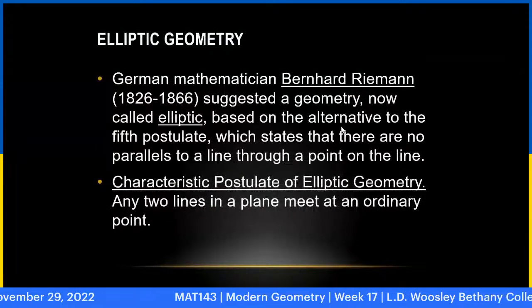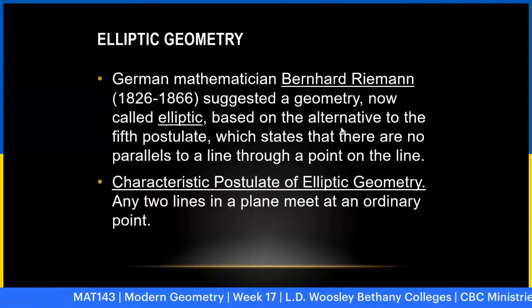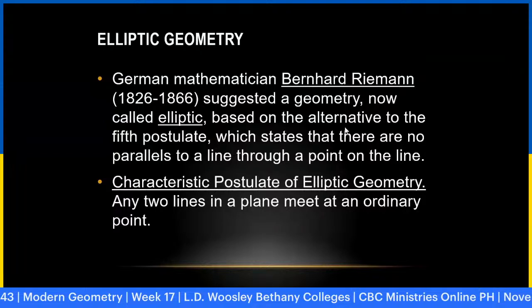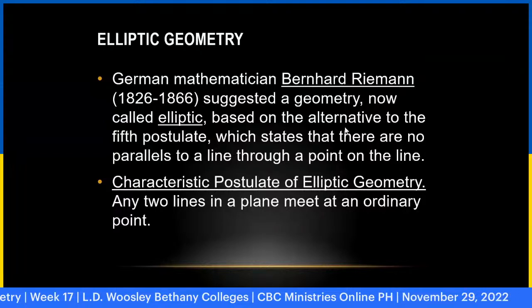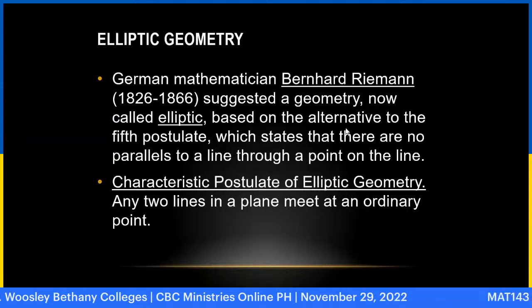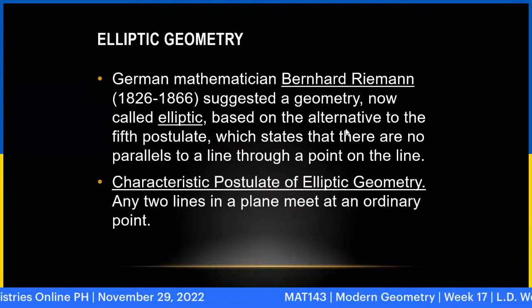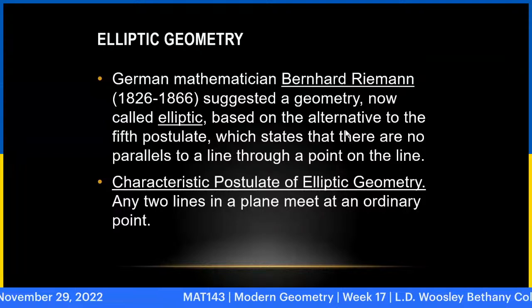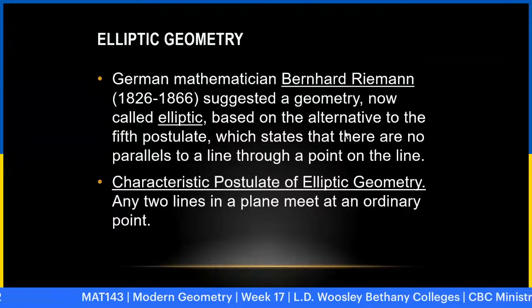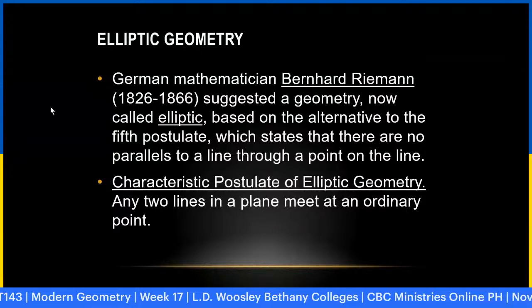Okay. Now, for elliptic geometry, it's the mathematician Bernard Riemann who suggests a geometry now called elliptic, based on the alternative to the fifth postulate, which states that there are no parallels to the line through a point on a line. So characteristic,